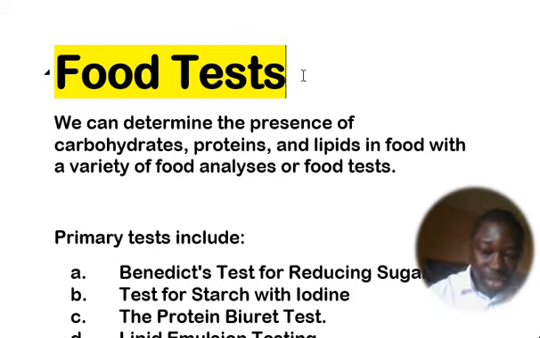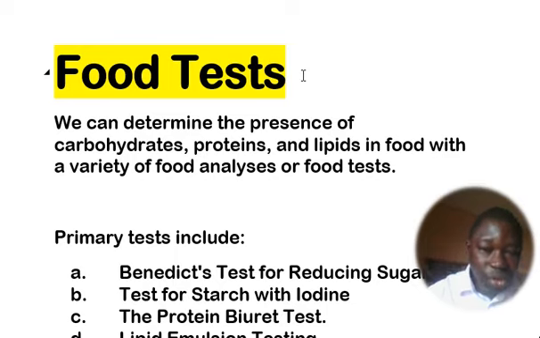So there are different ways in which we can test for carbohydrate, protein, or fat in a food sample. That is what I am going to be explaining to you, how to do it and what to look out for. This section is a practical section and you are going to handle the practical very soon. In the practical, it will be assumed that you know this, and you are going to carry the test out and observe the food test.